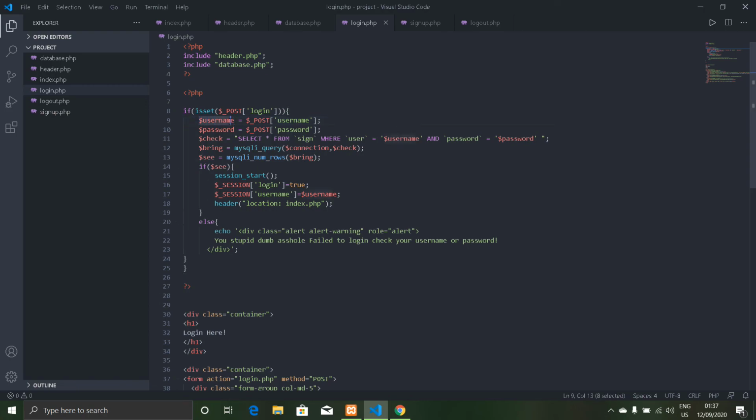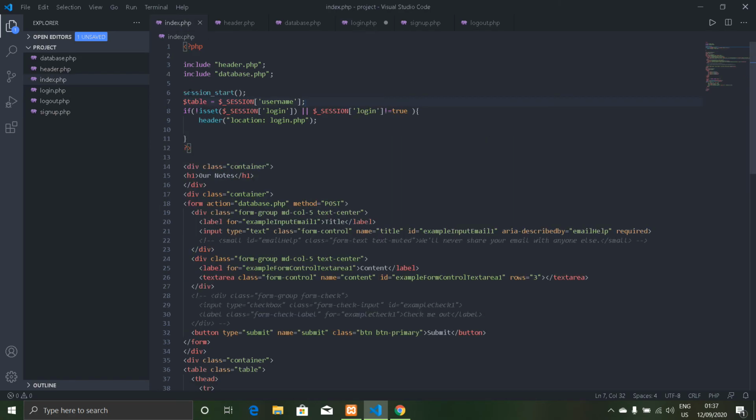So I'm storing this username inside my session username variable, and my index session start, and table is also session username,